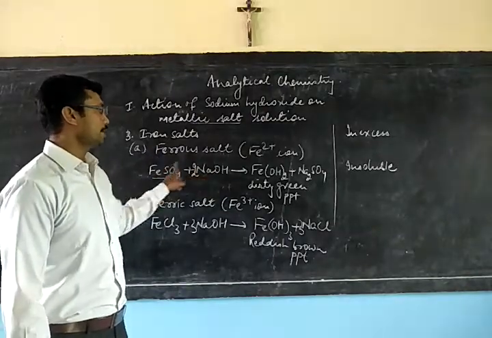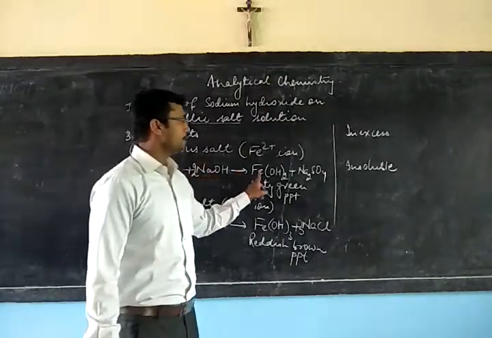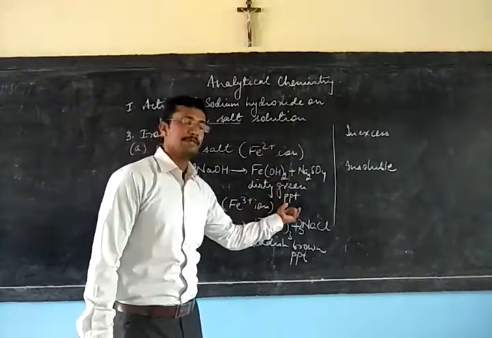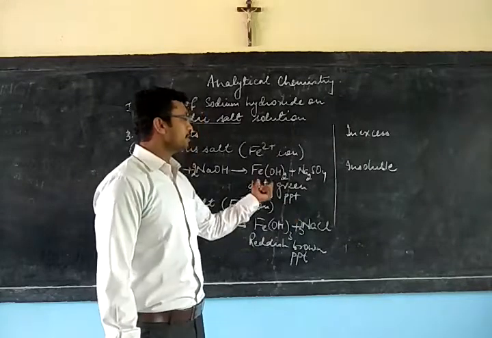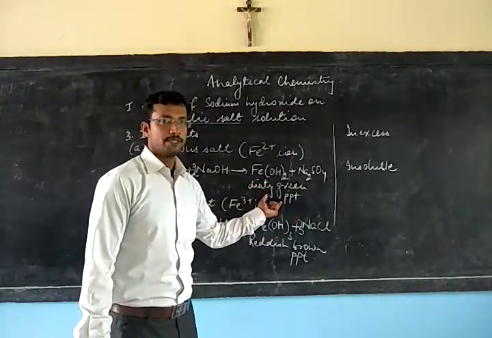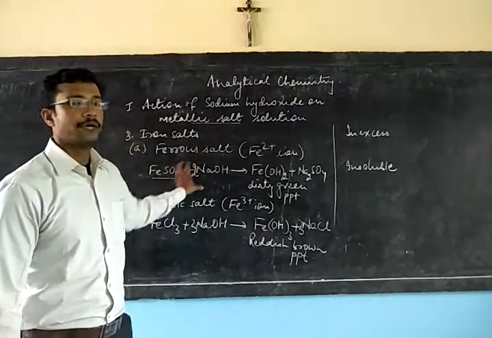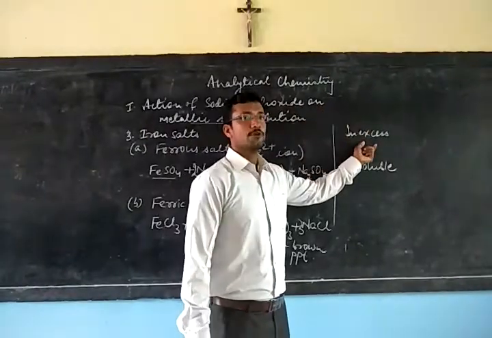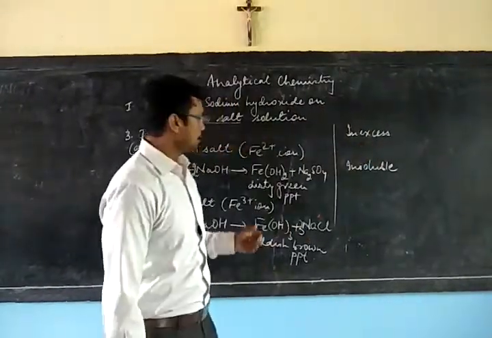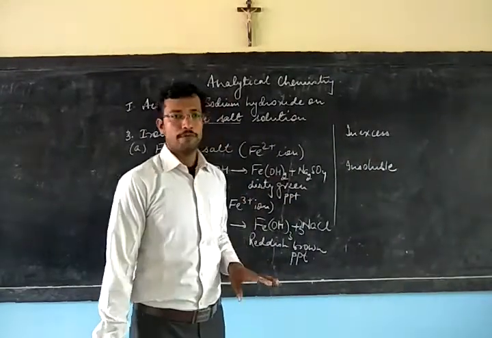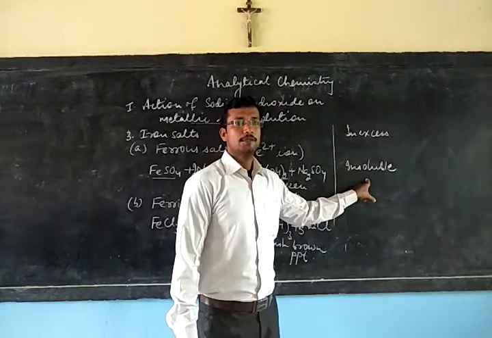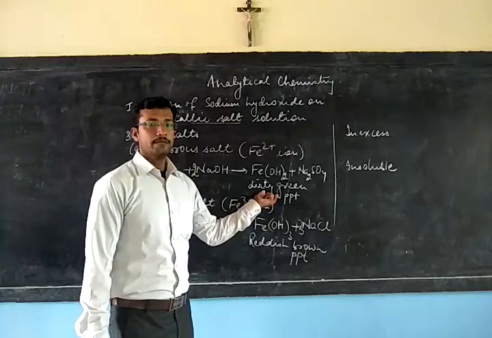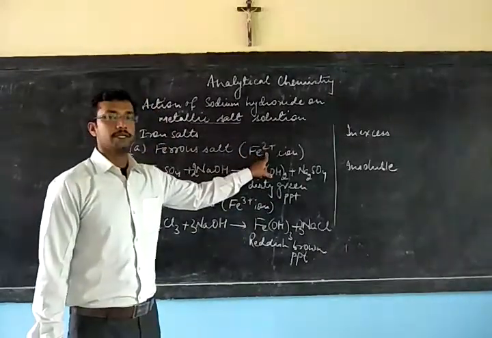Now on addition of sodium hydroxide to it, we are getting Fe(OH)2, that is ferrous hydroxide, and it looks like a dirty green precipitate. So this dirty green precipitate we are going to get on addition of a few drops of sodium hydroxide. Now when we increase the quantity of sodium hydroxide, that is in excess, it is found that the dirty green precipitate does not dissolve, it remains insoluble. So this color actually gives the hint that the salt contains ferrous ion in it.